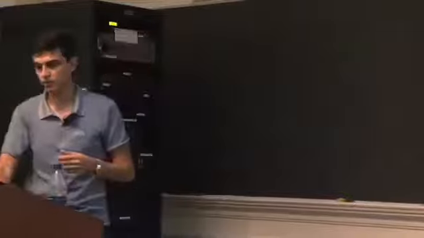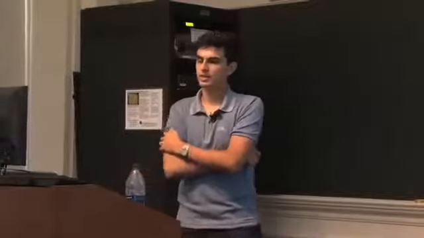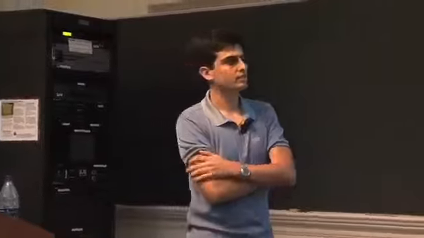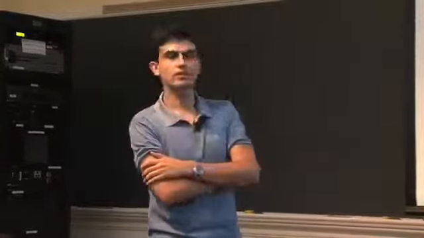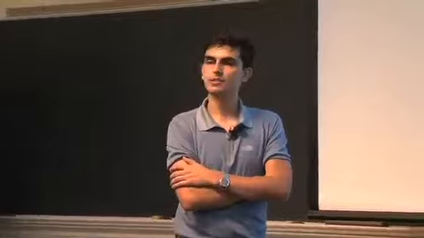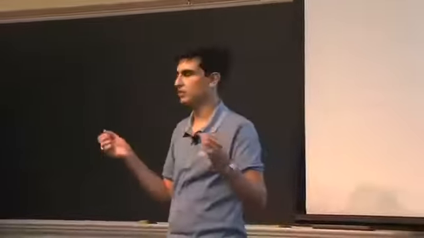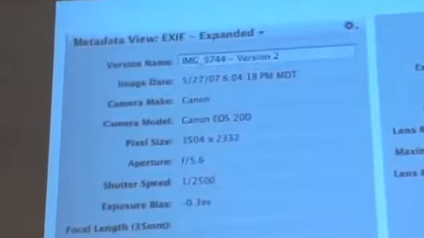Now, when we're talking about organization and keywords, you have to realize that the photos that you take in your camera actually have a lot of data embedded within them, something that you don't actually see when you're just viewing the picture on your screen or maybe even on your camera. There's a lot of detail about that photo that is recorded within the file and it's transferred onto your computer with the file. It's actually a part of the file that is not visible. And any good photo organization program will show this data to you, and it can be very useful to you to try to figure out